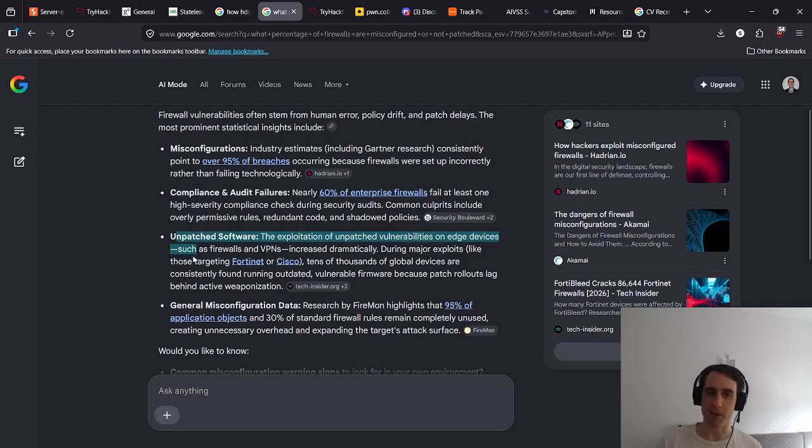And that gets to this other part here. Sometimes people don't patch software as often as they should be. Actually, that happens a lot. They might not be patching their firewall as well and getting it to be the latest updated thing. That's an issue there as well, where people are running outdated vulnerable firewall firmware because defenders lag behind weaponization, like it says here. But there's some nuance to this, because recently there was a hack with, I think it was